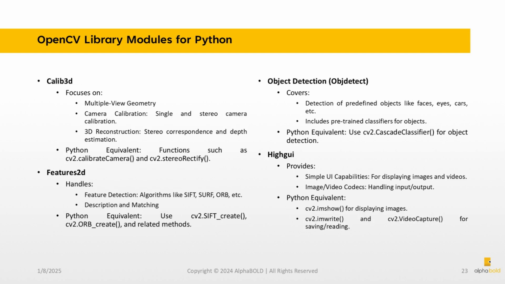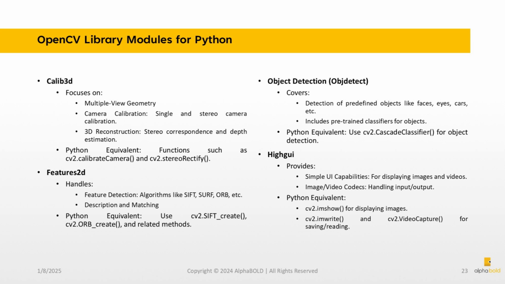Calib3D. Focuses on multiple view geometry, camera calibration, single and stereo camera calibration, 3D reconstruction, stereo correspondence, and depth estimation. Python equivalent: functions such as cv2.calibrateCamera and cv2.stereoRectify. Features2D. Handles feature detection with algorithms like SIFT, SURF, ORB, etc., and description and matching. Python equivalent: